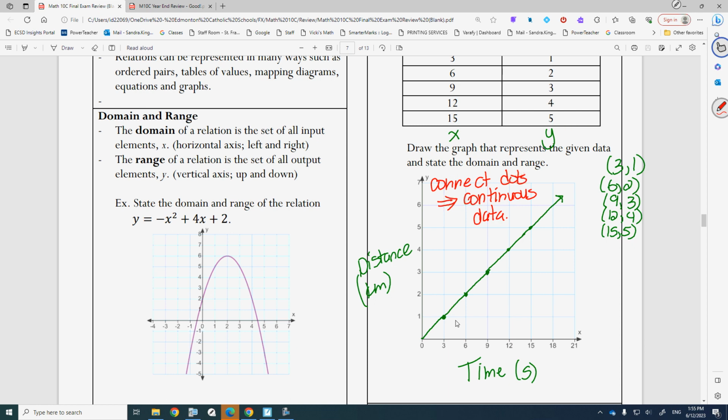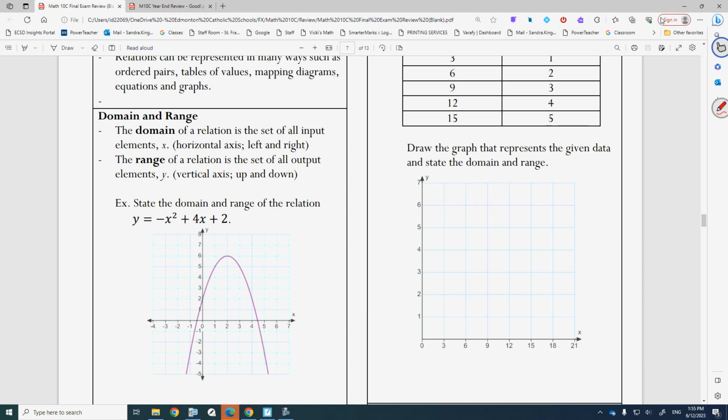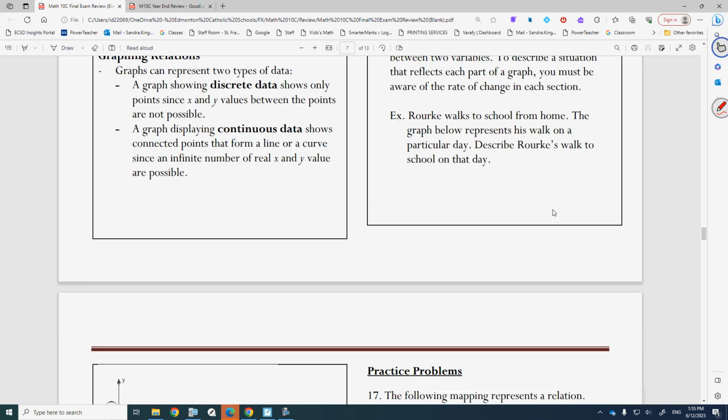Now, you will get a question on independent and dependent variables. What would this be? Do you remember why? Is that dependent or independent? Christian? Dependent. So this is the dependent variable, and the x is always your independent variable. Okay, so remember that. The one example that I always like to think of, that you could jot down to help remember which is dependent and which is independent, is what we talked about in class: